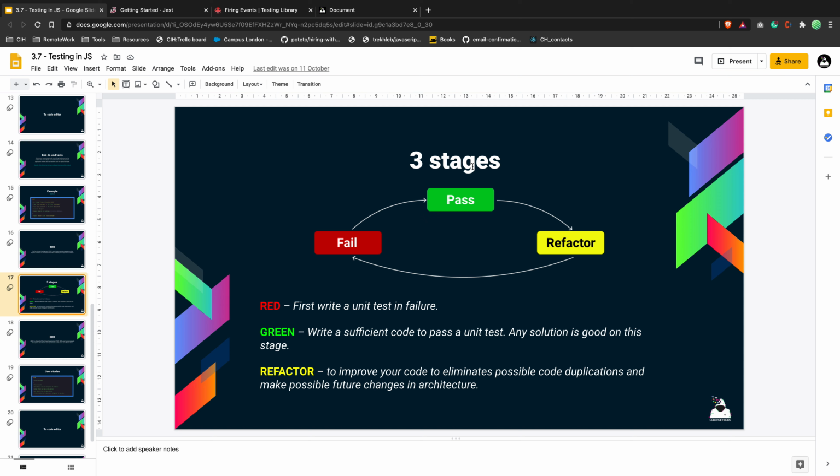So the 3 stages of TDD are that you start from fail, then you write any code that will pass your tests. This is what we've done with our ugly code, right? With our if, else, etc. when we were writing our sum. Then we refactor that into linear code, and we had a nice short function. And then you try, if it's not failing, try to fail it. If it's not failing, then it should pass, and basically this is a cycle. So fail, pass, refactor.